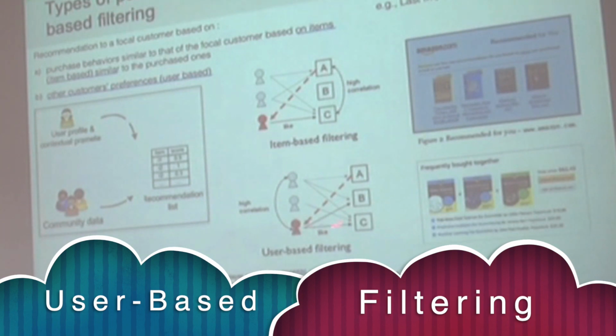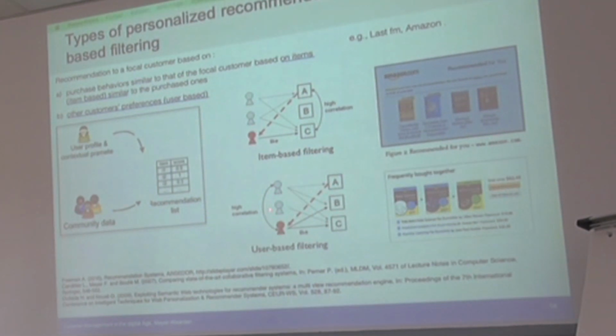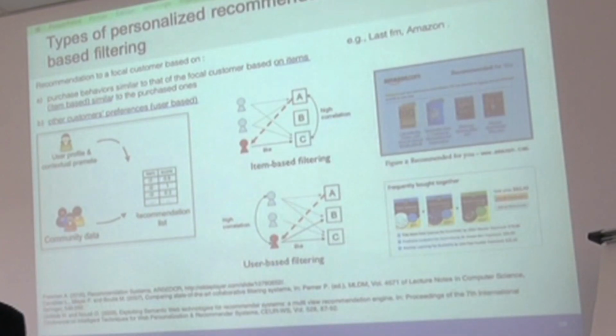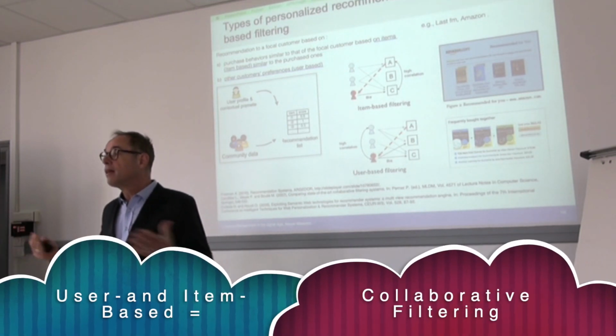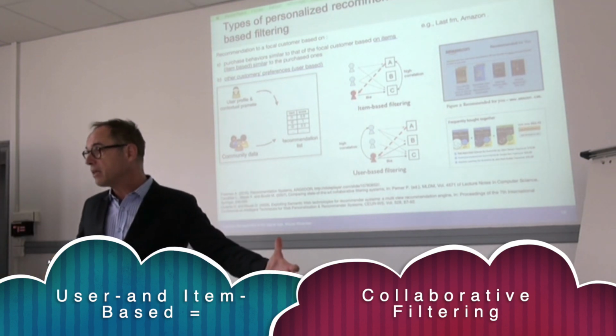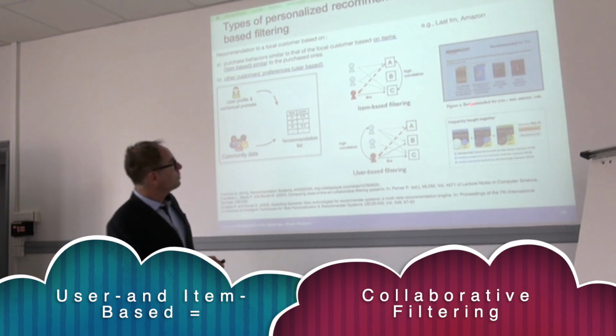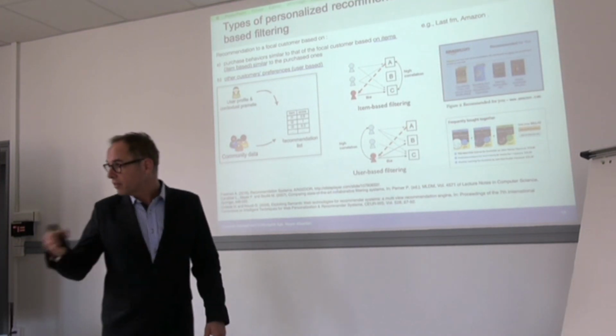So this is item-based recommendation and other customer preferences which are similar to yours. It's called user-based filtering. If you buy C, but other customers like A and B, so these customers are similar to you, they have similar preferences, you get a recommendation for A. Because similar customers like A, and as there's a high correlation between you and the other customers, there's a recommendation based on customer type. Collaborative filtering is thus a double-based recommendation based on item-based recommendations, that is what you like as a customer, and based on user-based recommendation, that is what the community likes.